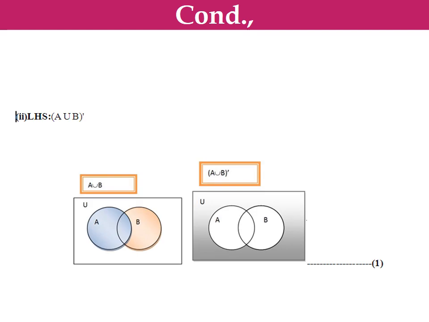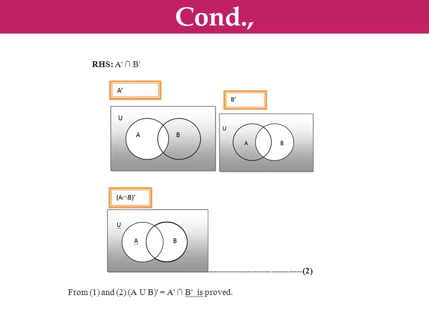Right. The second one is (A union B)' is equal to A' intersection B'. For that, we are supposed to find A union B. A union B means we just add all the regions. Its complement means omit those regions. So look at equation number 1, that is the complement of A union B. For the RHS, we find A' and B' and apply intersection between these two. So we got our answer. This is the way of proving De Morgan's law using a Venn diagram. It's very important.